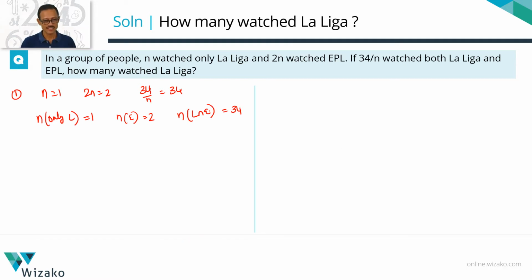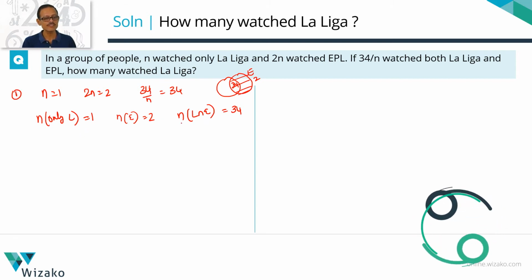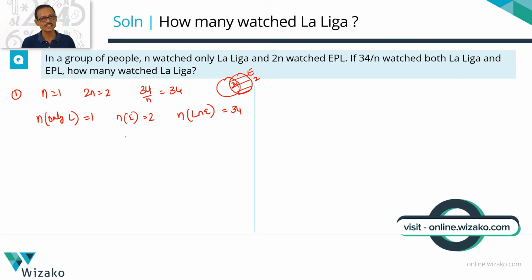Look at it. We have a set. I'm going to use the Venn diagram here. We are saying that this E, N of E is equal to 2. And we are saying N of L intersection E is equal to 34. This entire set is only a 2. A part of the set is a 34. That doesn't make sense. N of L intersection E cannot be greater than N of E. It cannot be greater than N of L. We do not know N of L, so we are finding out N of L. But N of L intersection E cannot be greater than N of E. In this particular case, when N is equal to 1, it so happens that the intersection set has 34 elements, whereas the entire set has got only 2 elements. So N equals 1 is not a feasible value.